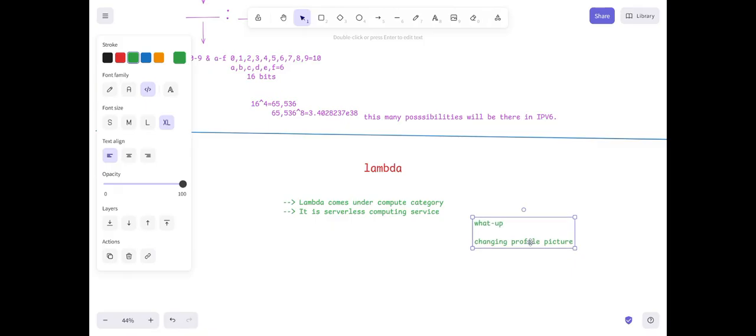Okay, so the feature is there, but will you use this feature every time? Every day, are you going to use this feature? Tell me guys, in WhatsApp we have one feature, changing the profile picture. Even though we have that, every day are you going to do that?